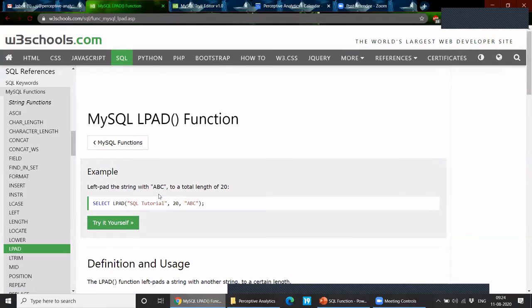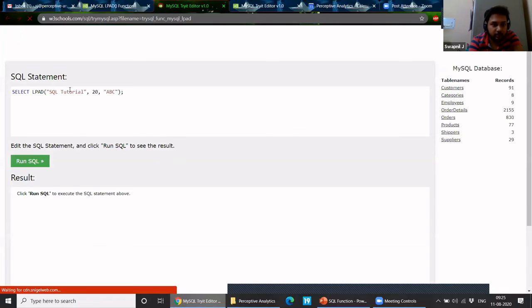Maybe Chaitanya, there are some scenarios in which, for example, we have a numeric field. For example, I have 235, but my number length is 10. It will only show 235. Now I need to convert that into a character string and make sure that 235 is 0000000235. In that case, we'll use left pad. It will put 0s before 235. It would look like this.